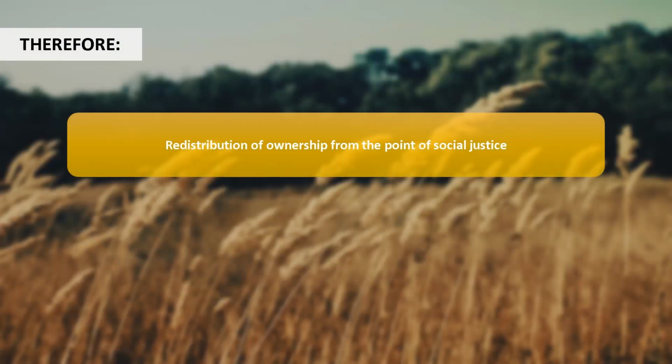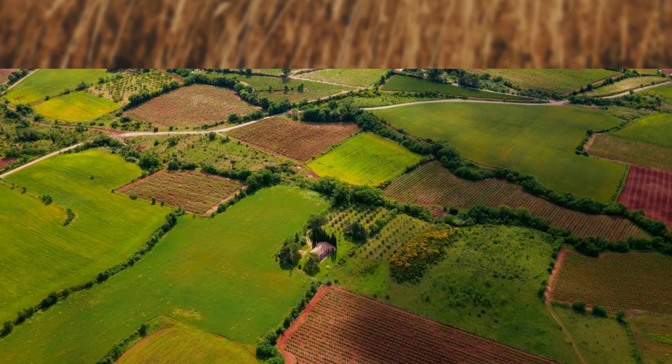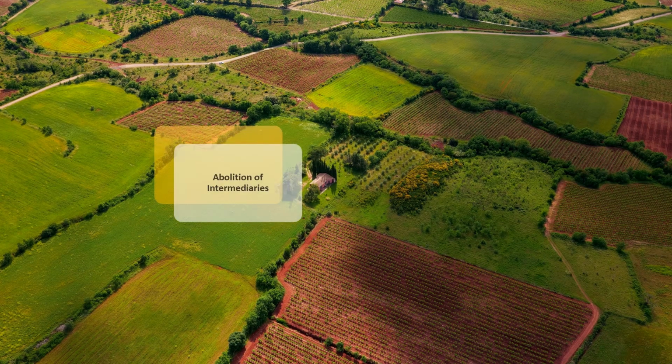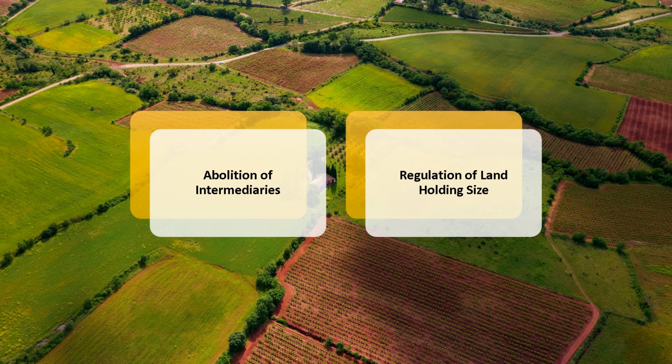First, we have done the redistribution of ownership from the point of social justice, and then we have also done activities to bring operational efficiency and optimum utilization of land through reorganizing the operational holdings. There are 3-4 major activities we have done in the land reforms. First is the abolition of the intermediaries, then we have also done the regulation of the land holding size, then